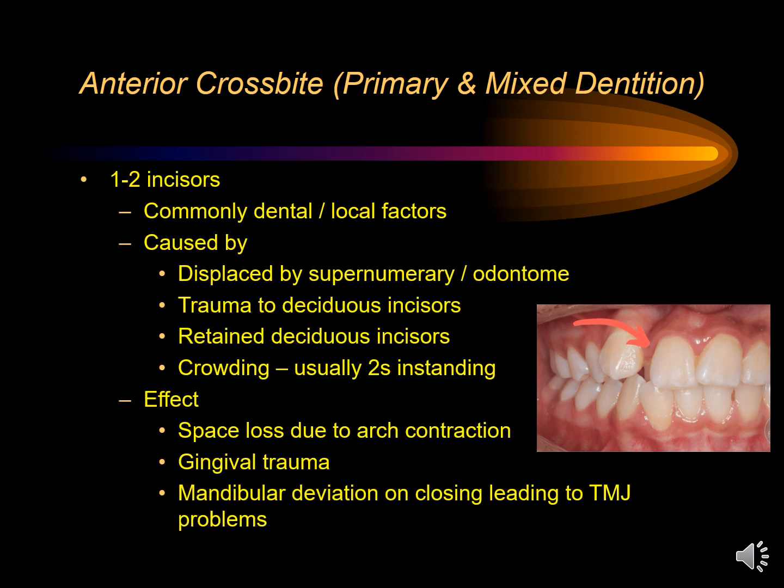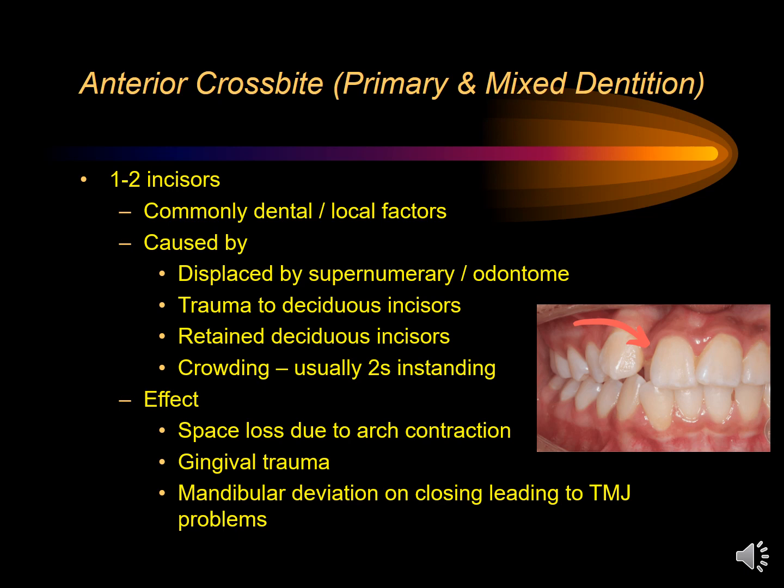Okay. When it involves 1 to 2 incisors, it's commonly caused by dental or local factors. It may be caused because of displacement by a supernumerary or odontome. There might have been trauma to the deciduous incisors, leading to retained deciduous incisors. And usually, if there's crowding, the lateral